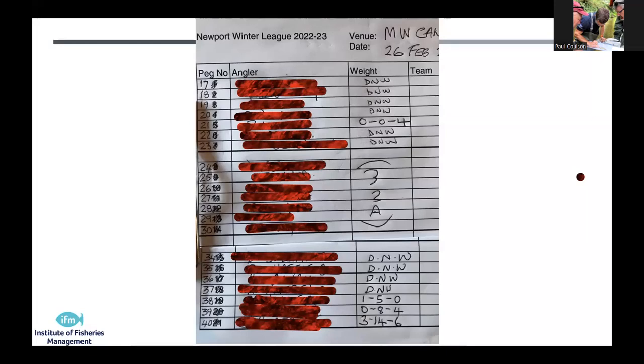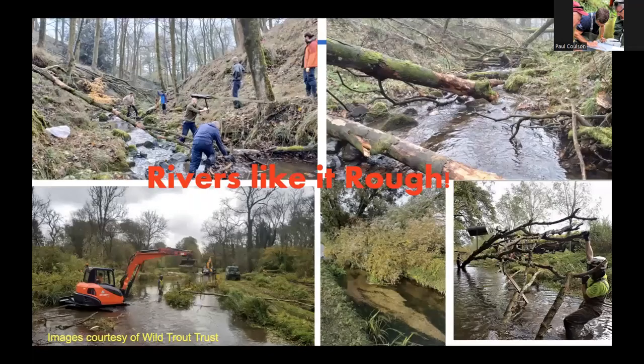It basically led to the end of the match fishing on there. And I've blanked out the name, so you don't know, but my name is in there. I was one of the DNWs on that particular day. I actually had three DNWs on the bounce, which just about did me in for canal winter fishing. But it did change the behavior of the fish. One of the key drivers was partly the predation, but it was also the fact that there was very little in the way of habitat for the fish there. There was nowhere for them to go, for them to hide from the predators.